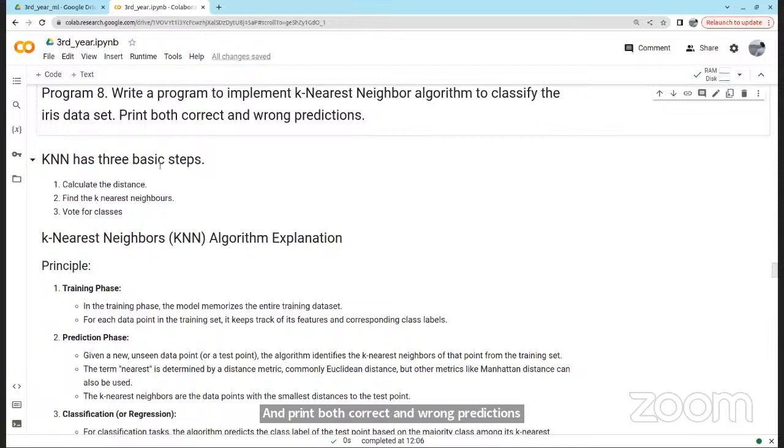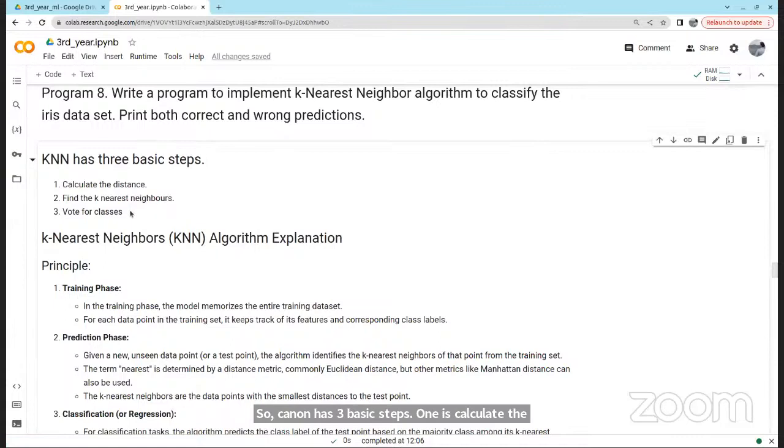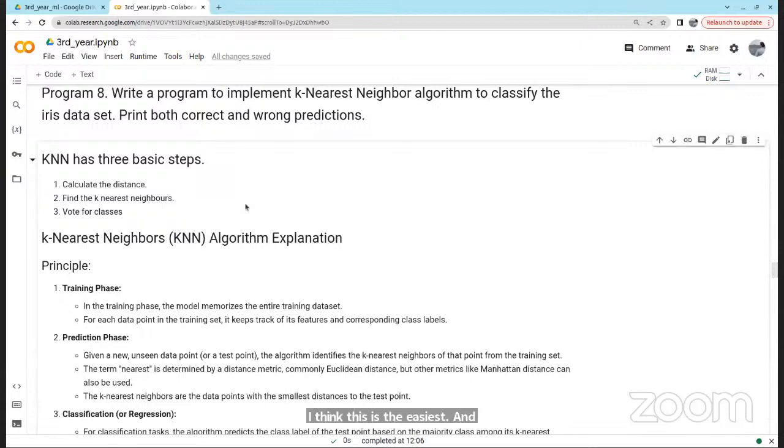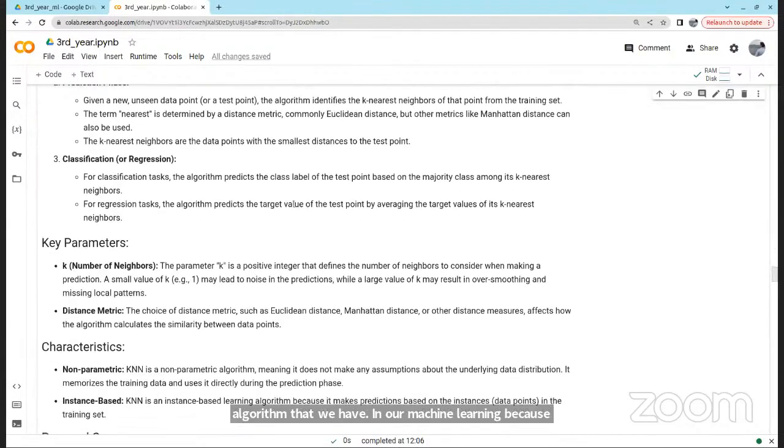KNN has 3 basic steps. One is calculate the distance, find the K nearest neighbors, and vote for the classes. I think this is the easiest classification algorithm that we have in machine learning, because the intuition is very simple.